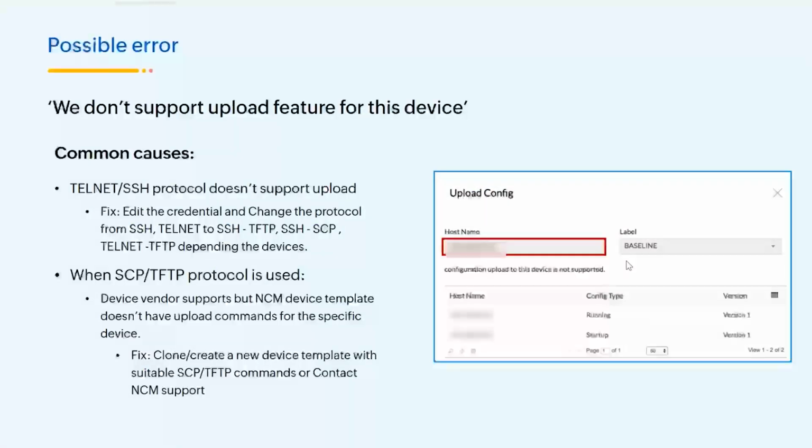Here's a possible error that you might encounter during a configuration upload. So one is that we don't support the upload feature for this device. Common causes for this error could be that the Telnet or SSH protocol is being used, which does not support uploads. So to resolve this, you can edit the credentials to use SSH TFTP or SSH SCP, depending on